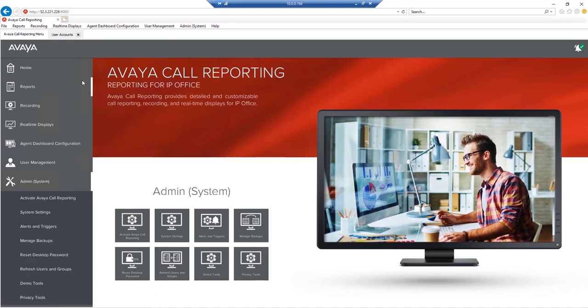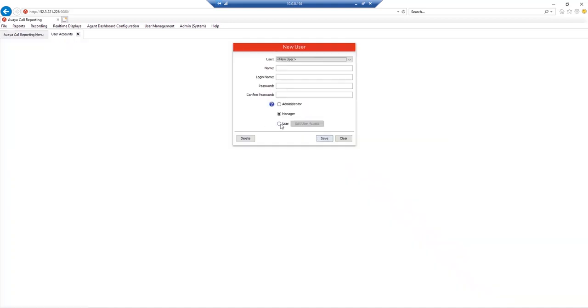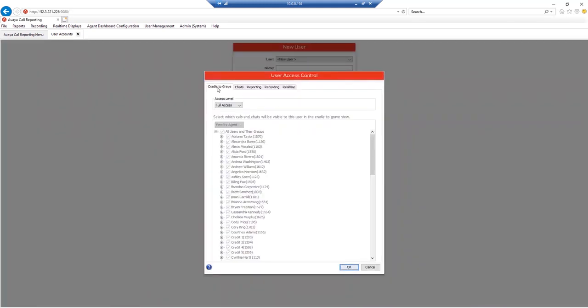They can't change any of that information. A user account has similar access to a manager, but you can restrict their access based off of users, groups, and features. Simply select Edit User Access, and across the top you have the different features, modules, and the user sets. So for example, if you did not want this user to have access to Cradle to Grave, you could